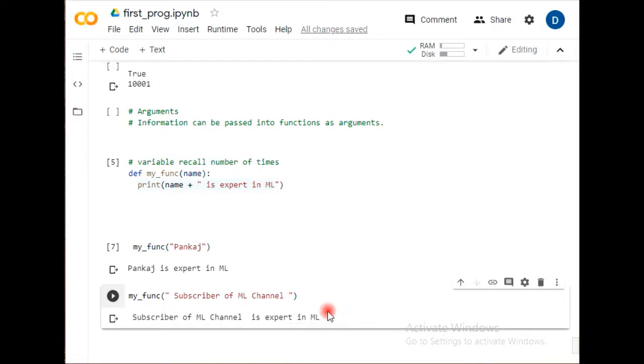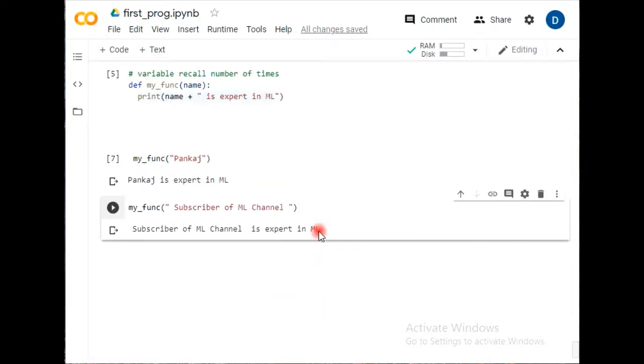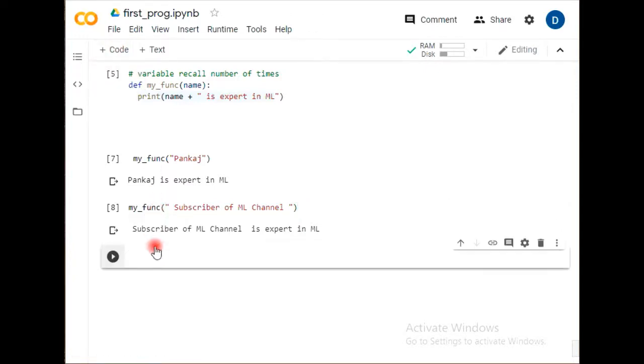This is the beauty of the argument. This is one example. A number of repeated things you can easily carry on with you. That all will be printed here, that all can be utilized. Now next, working with the number of arguments. Is it only one thing that can be present, only one argument? No, it's not like that. We can go for a number of arguments, so you will have to define accordingly.